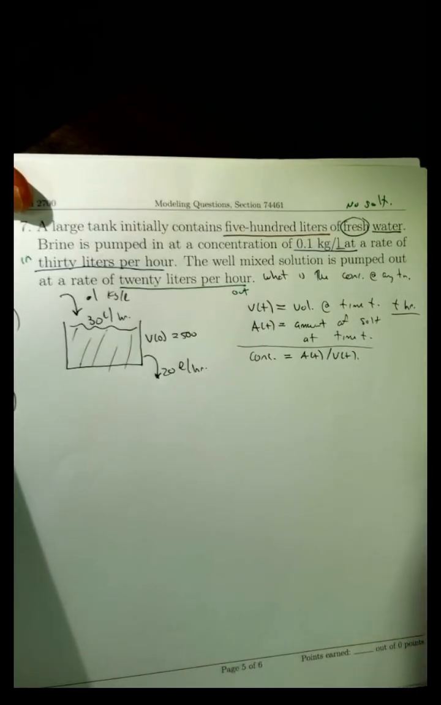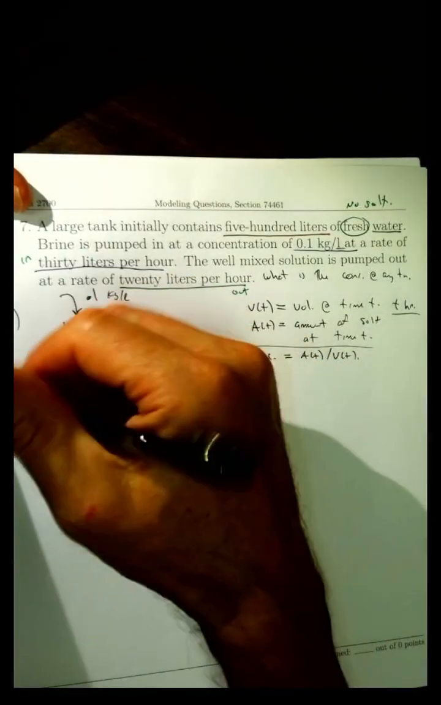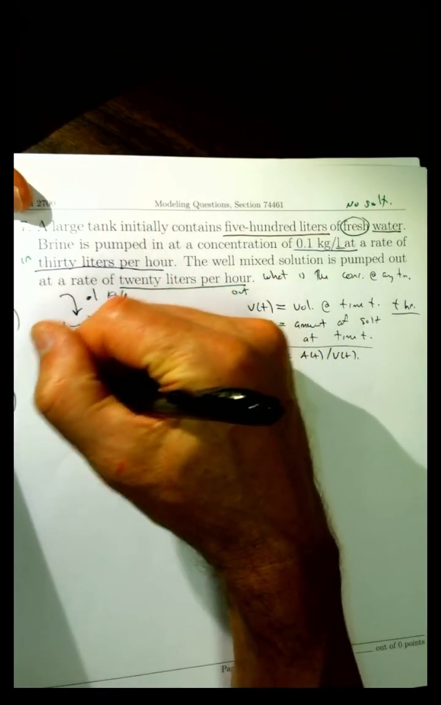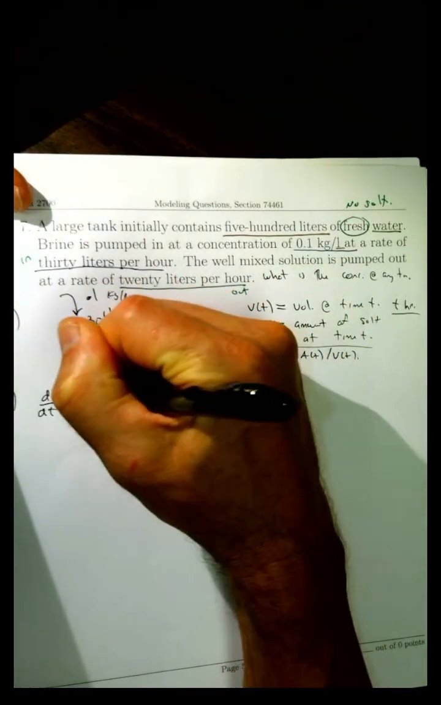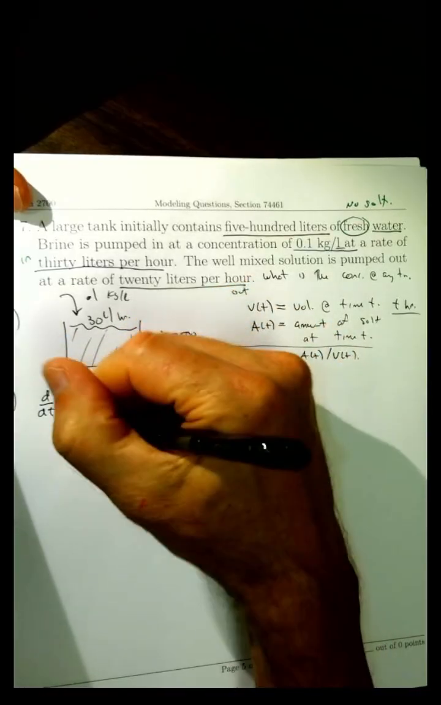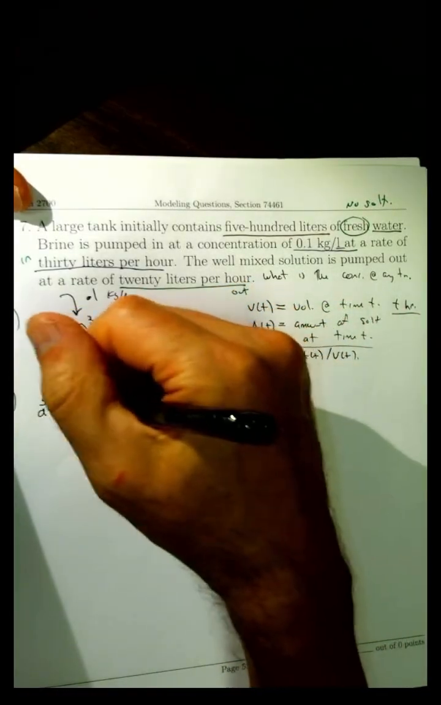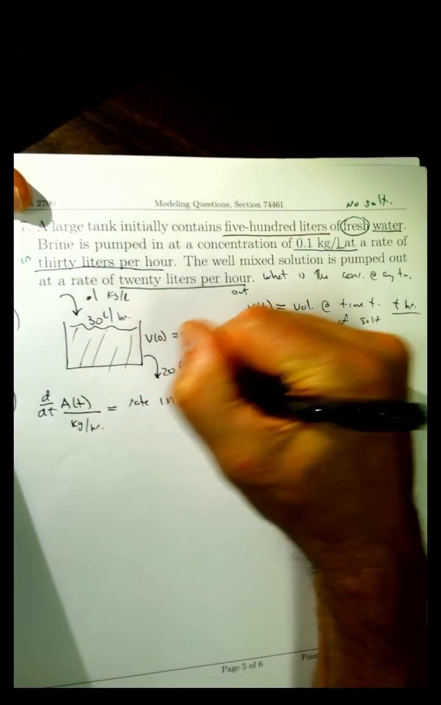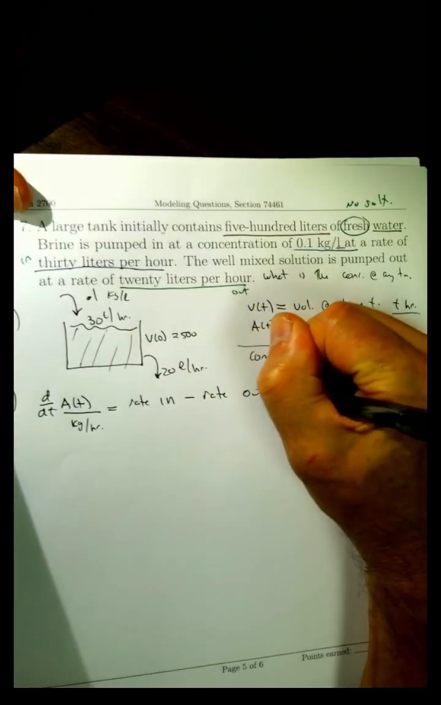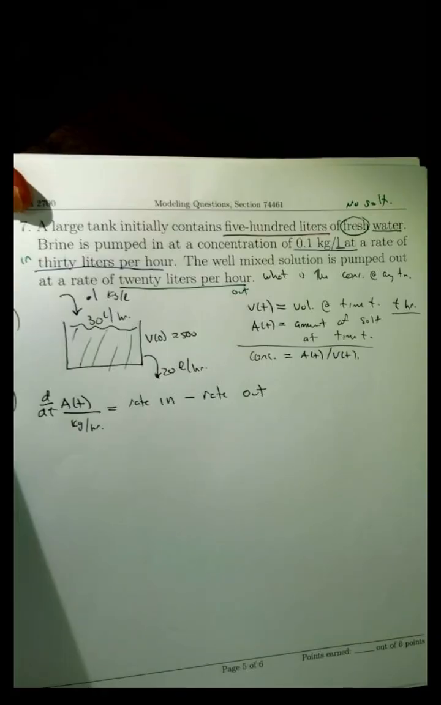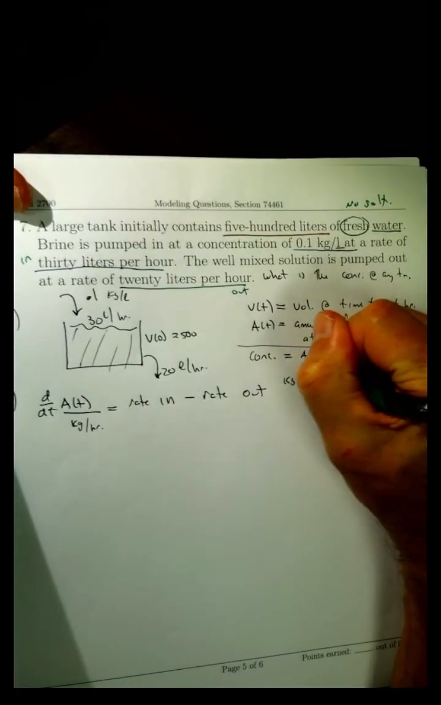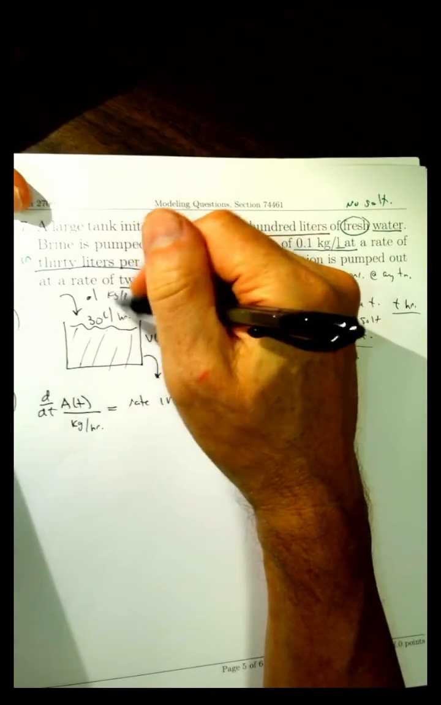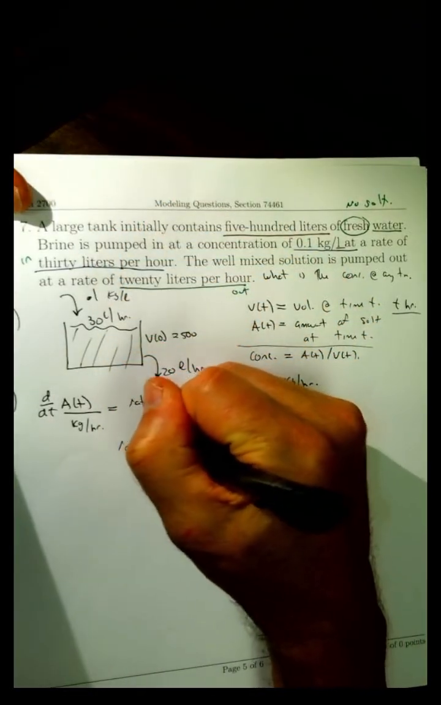All right. So now, what are we going to do? So the physical principle is the rate of change of the amount of salt. All right. So A is in kilograms, so the derivative is going to be kilograms per hour, is the rate that stuff comes in minus the rate that stuff goes out. And these rates, again, are in kilograms per hour. All right, so for the rate in,